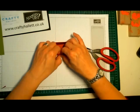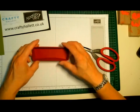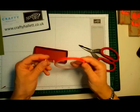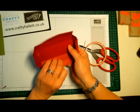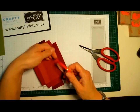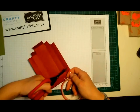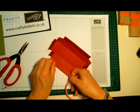At this point I would usually glue it and then wait for the Tombow to glue. Because of the video and I want it to set, I'm going to use sticky strip, which you can use for yours if you want to, or you can use Tombow. It's entirely up to you. And you're just going to put a strip down here to hold it together, and one on this other side,